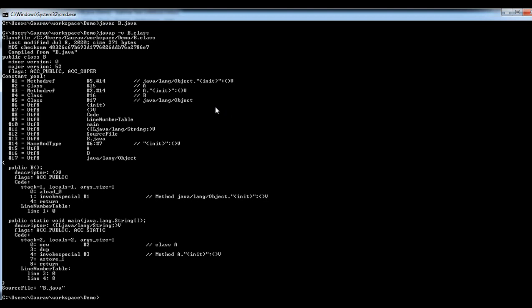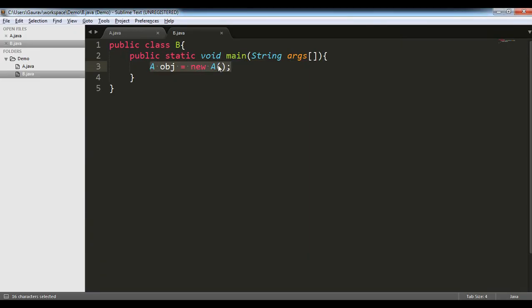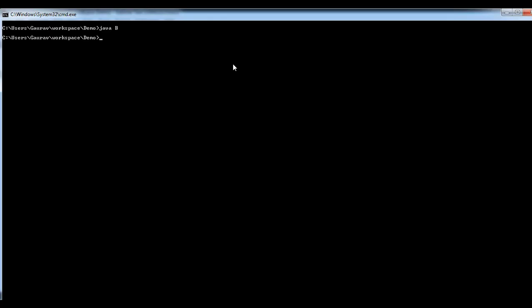So this is the bytecode, and if you will see somewhere here, #2 and #2 class is pointing to #15, and #15 goes to class A. So this is how in the bytecode for class B there is a reference to class A. And if you will try to run this class now, let's try to run this class B, and it runs fine. So although I have not printed anything as part of this, it runs fine and it does not give you an error.